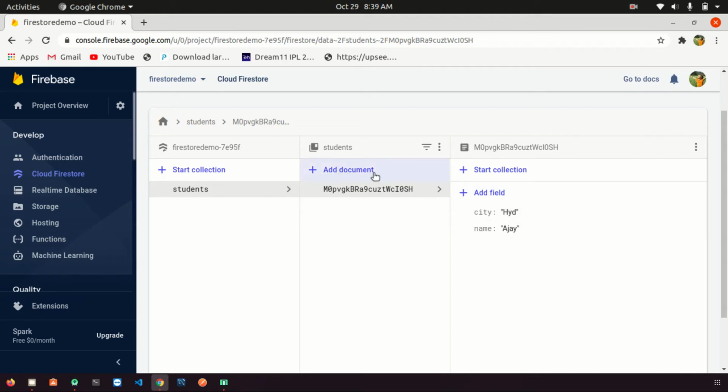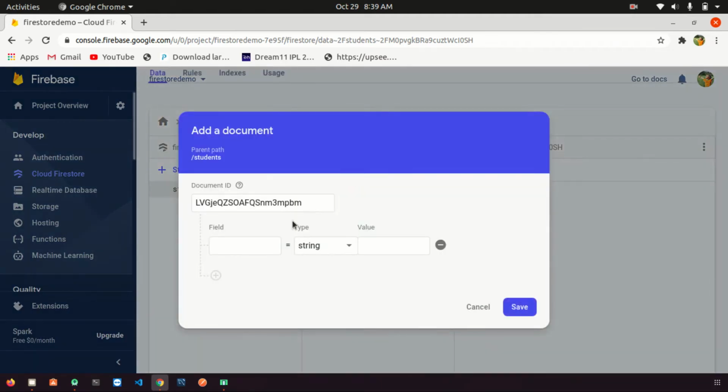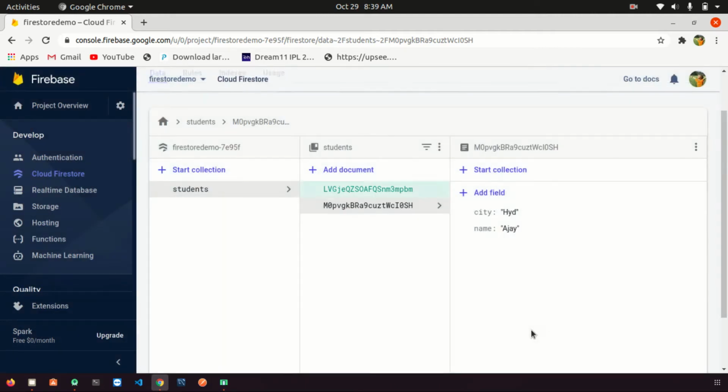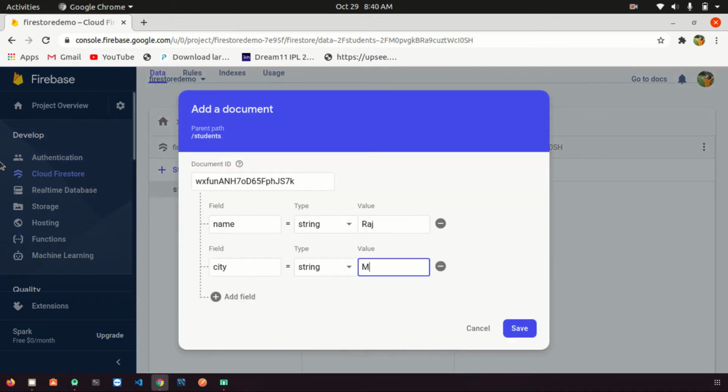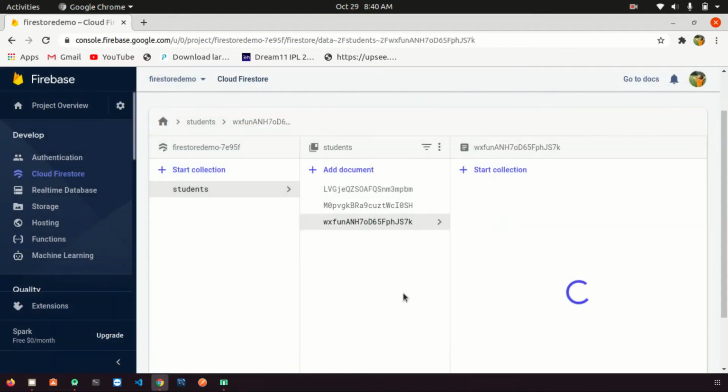If you want to add more documents, you can take an ID. Two documents I have added here. If you want to add more, let's add Mumbai. So I have created three documents here, you can see.